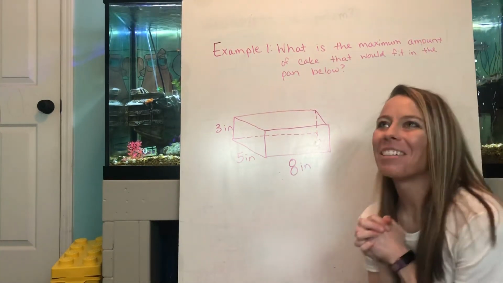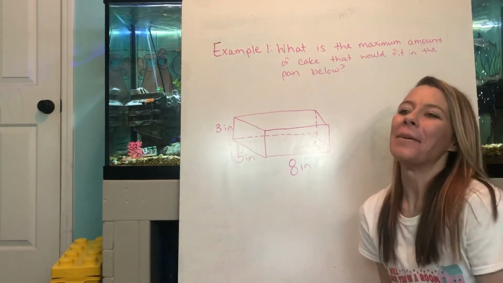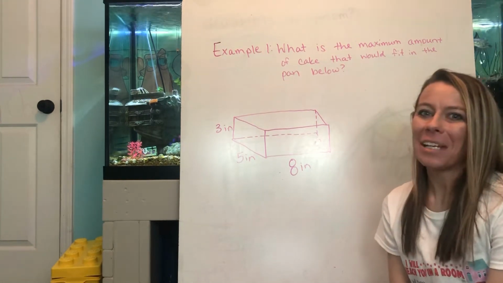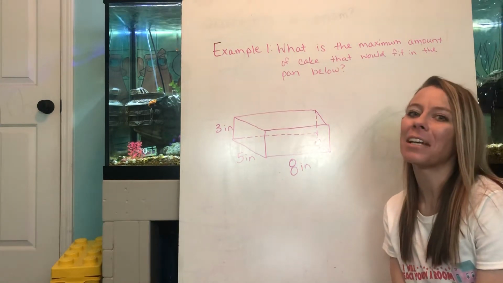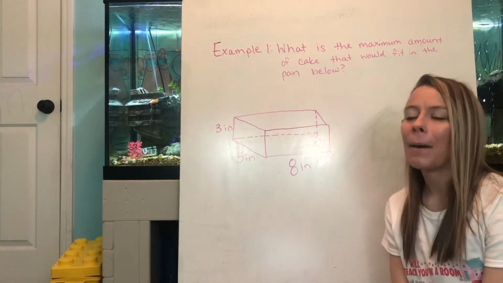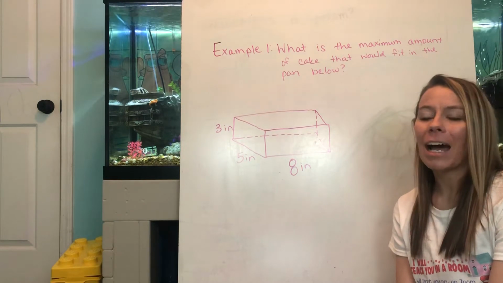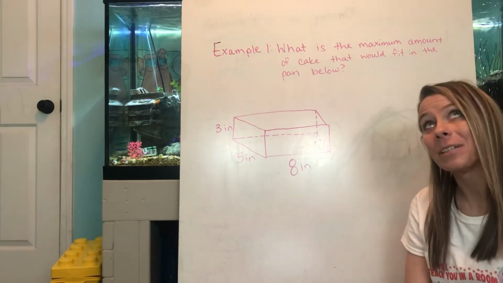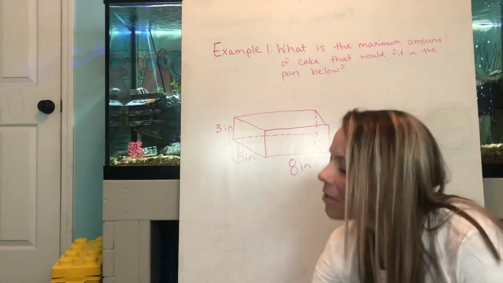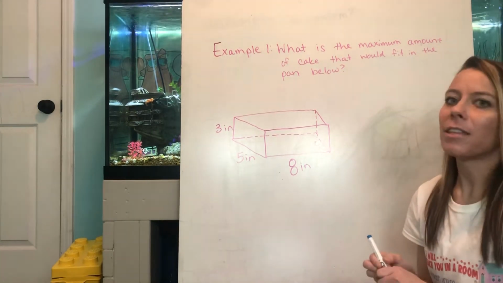I love this problem because I love cake. I would ask you what your favorite type of cake is. If you want to write that in your notes, I would love to read it. My favorite type of cake is that cherry chip cake, but I don't like strawberry ice cream. It has to be like the cherry icing or like the vanilla icing. Anyways,